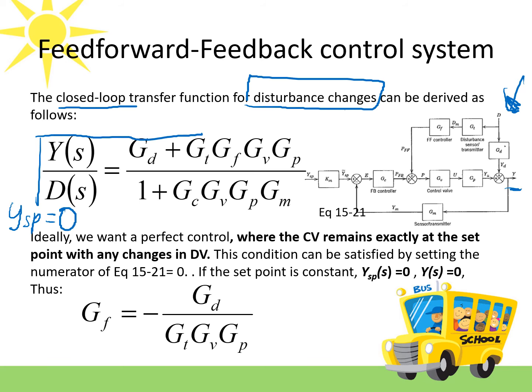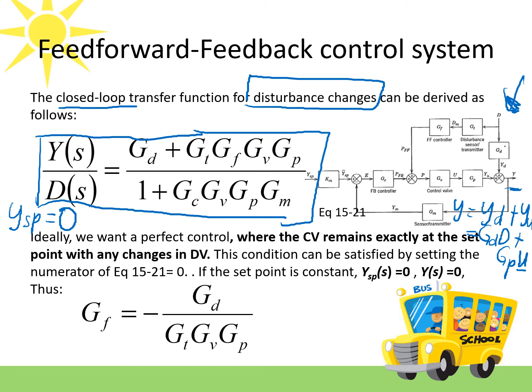For example, here, you know y is equal to yd plus yu. And then what is yd? yd equals Gd d. And then what is yu? yu is equal to Gp u. And then what is u? You need to derive one by one until you have an expression of y over d. So you want to have this final expression. For a feedforward plus feedback control system, this is the closed loop transfer function for the disturbance change